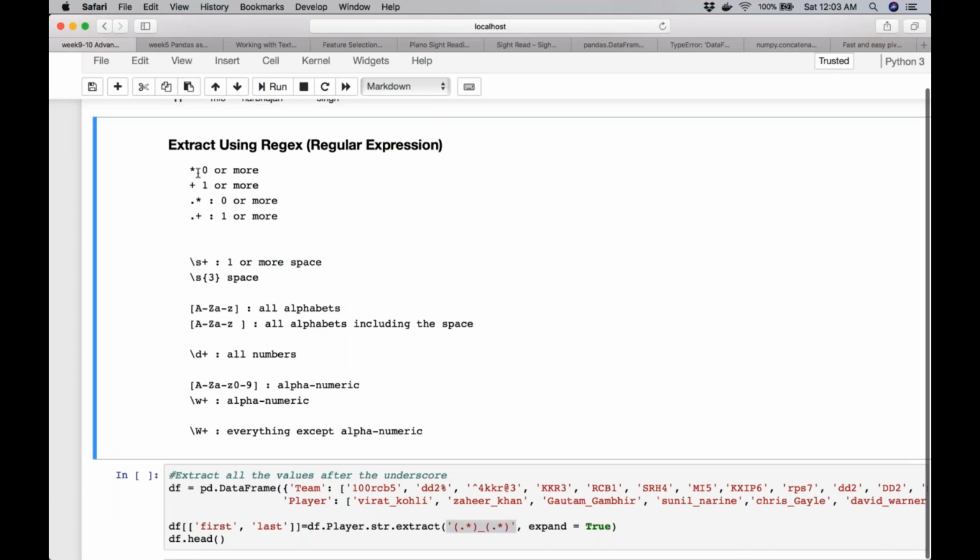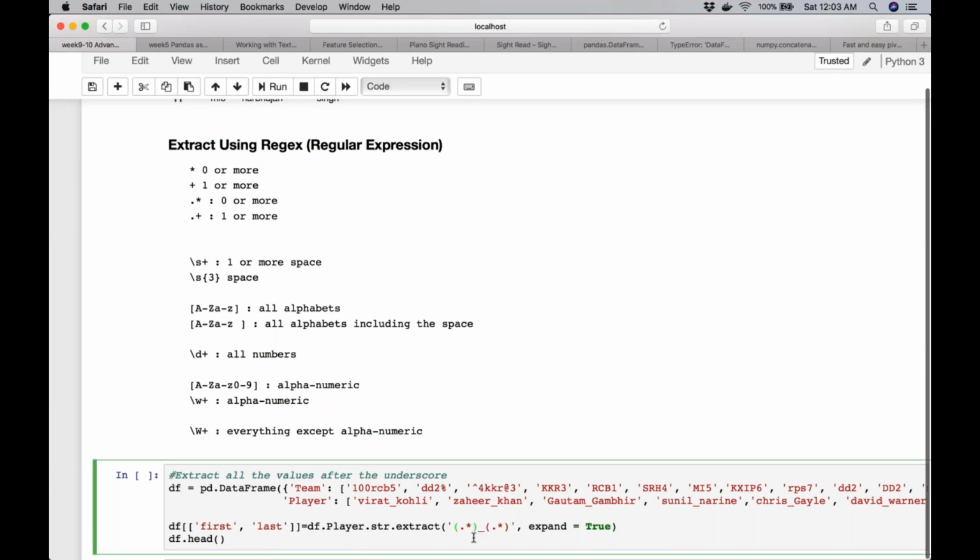If you want to extract any number of elements from a string, say zero or more elements, in general, the dot star gets used, as you can see here. That is the most common. The star represents zero or more, and plus represents one or more.